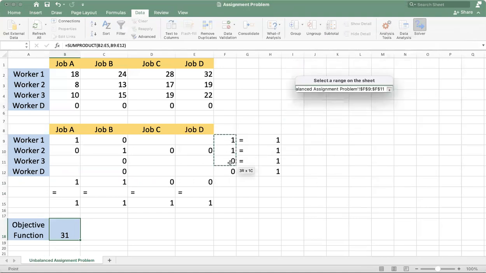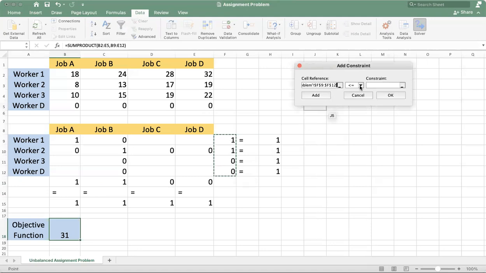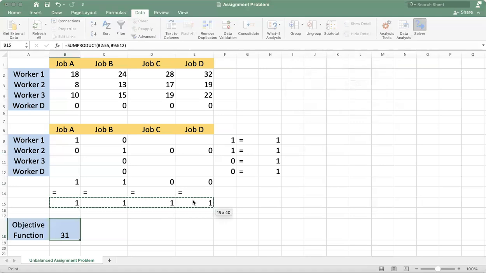All these row summation values will be equal to 1. Now we'll add another constraint: all column summations would be equal to 1.